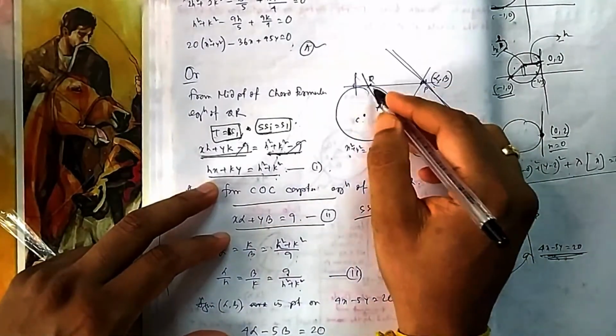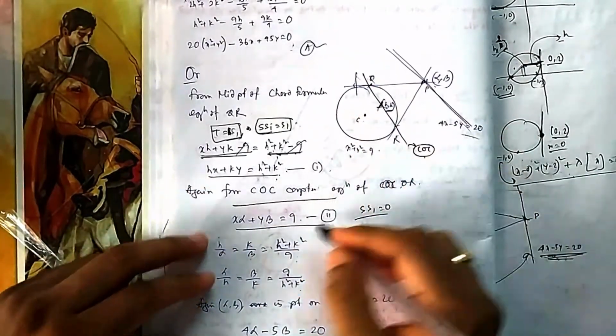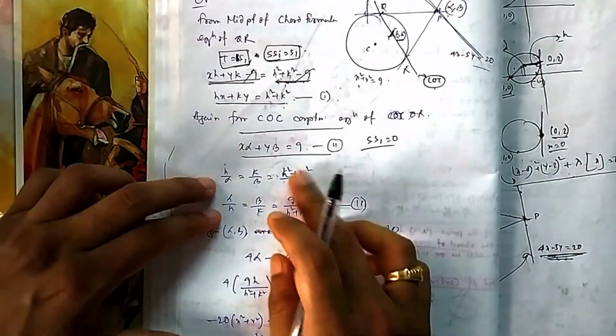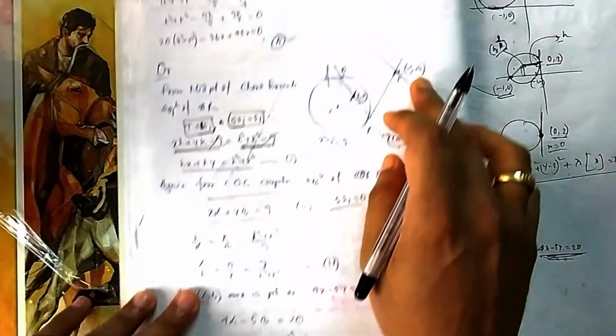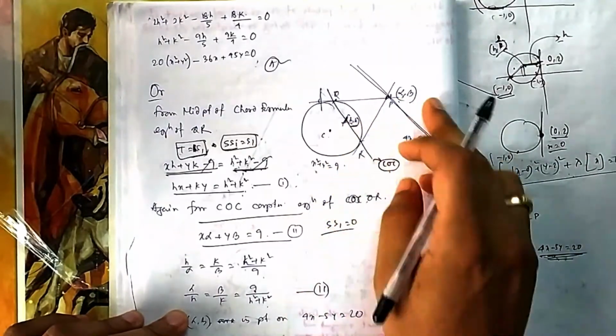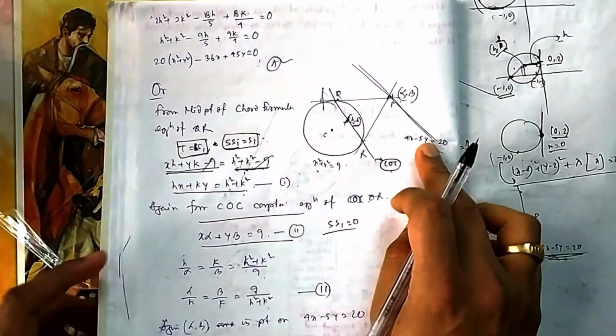One with respect to this, it is the chord. Both these are the same line, so that concept you can use. Both these represent the same line. From here you can find a relation between this alpha beta and HK, because alpha beta lies on this line; you put it in this line, it will satisfy.